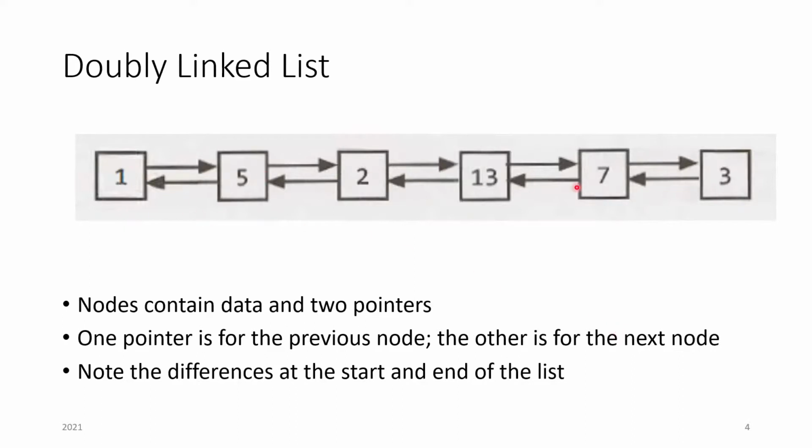In your doubly linked list, the nodes will contain data and two pointers. In this particular case, the pointers will be towards your next node and towards your previous node. One thing to note is that for the start node and the end node of the list, the values of the pointers are going to be different, because for your starting node,